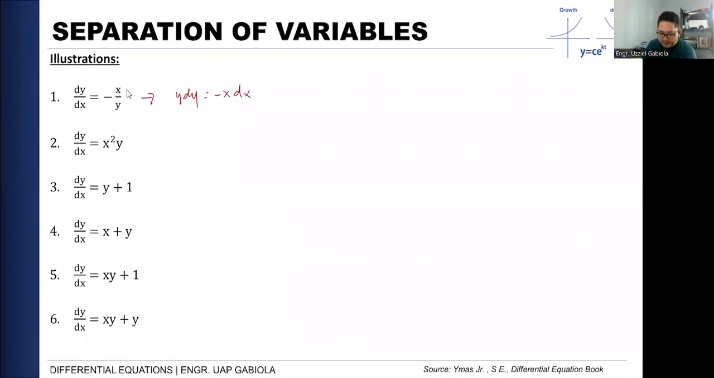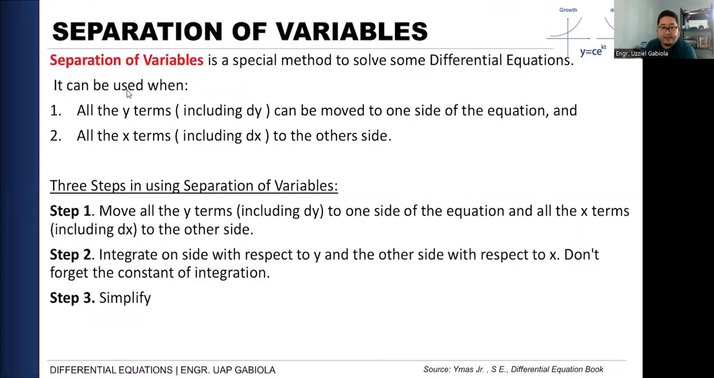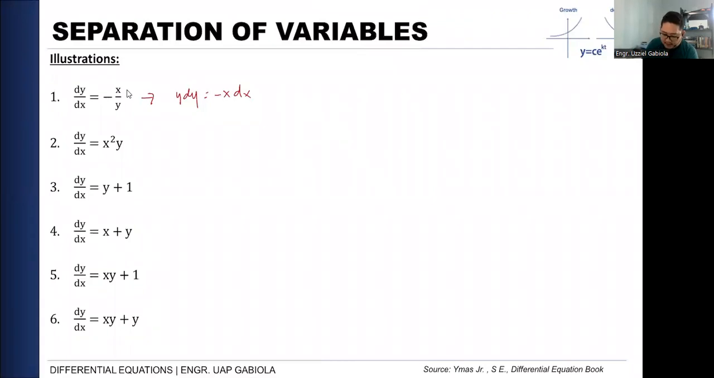And what can you observe dun sa atin? Si y is kasama na ni y, si x is kasama na ni x. And magkahiwalay na siya ng side of the equation. Meaning, you already met yung condition or yung step number 1, na kailangan i-move natin to one side of the equation and to the other side, yung isang variable. Next daw is to integrate with respect to y and with respect to x. No? So pag in-integrate natin yan,